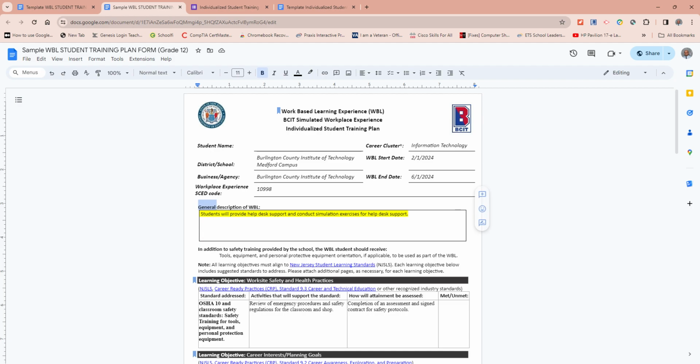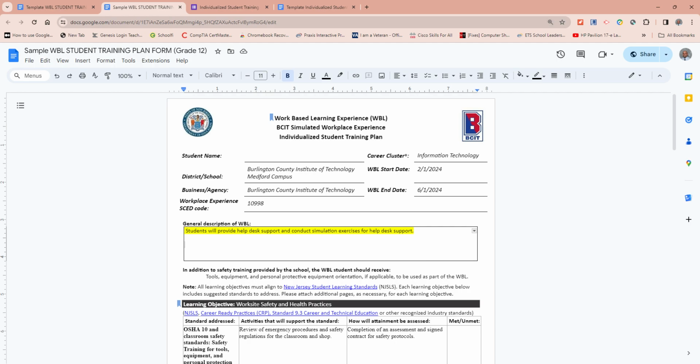Here, for the general description of the WBL, is a broad general description of the WBL. So you can see highlighted, the students will provide help desk support and conduct simulation exercises for help desk support. Very broad. A general description. Later in the form, that's where we would put the activities, the standards, and how